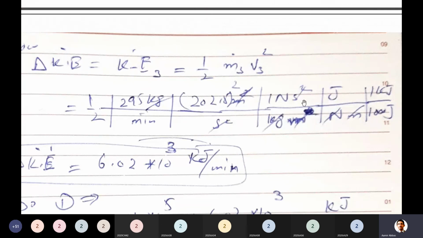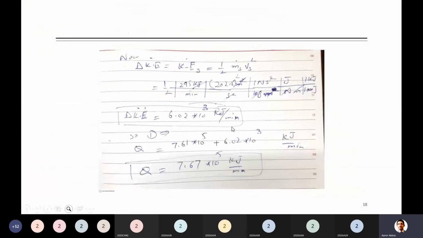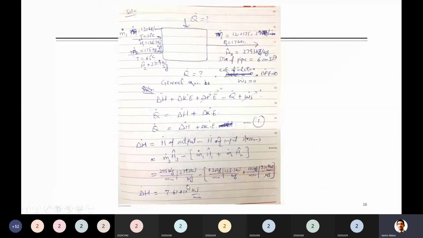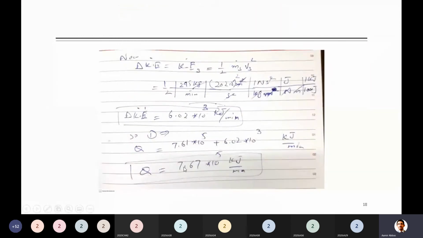You will do this conversion if you are going for kilojoule or kilowatt. So at the end we will just keep it as kilojoule per minute, because I think you already calculated the previous one in kilojoule per minute. So again, it's up to you. You guys can convert it to kilojoule per second. Then you have to convert delta H here, which was also in kilojoule per minute, to kilojoule per second. Because in the question he asked us to find the answer in kilojoule per minute, I kept this unit and didn't go to the second.